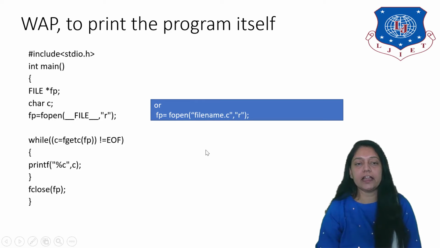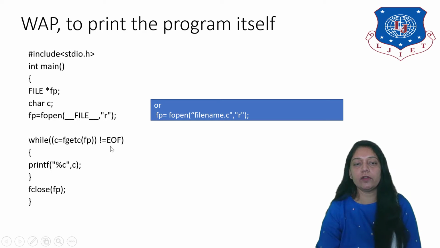So we'll take a loop here. I've taken a while loop. Inside the brackets I've written c is equal to fgetc of fp. It means fgetc is used for reading the file. In the argument, supply the file pointer. The character that has been read from the file is stored in c. This is complete in one bracket. Now this c I am comparing, whether it is equal to end of file or not.